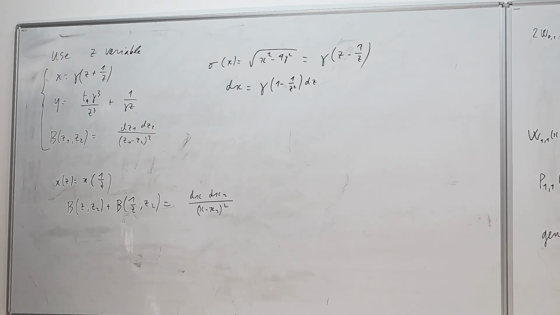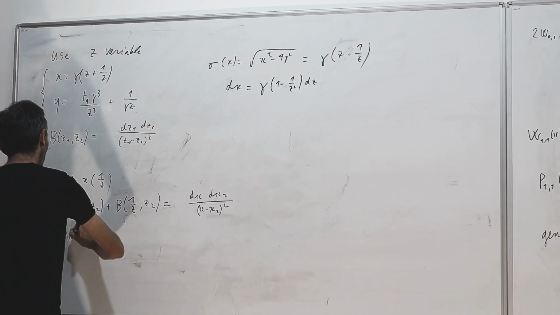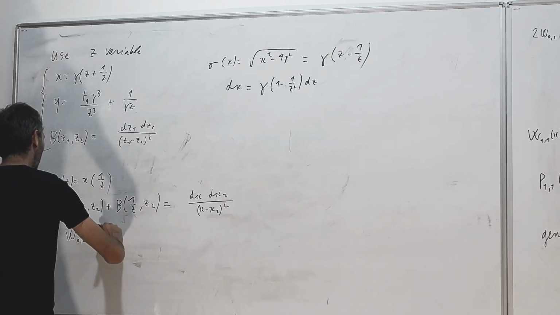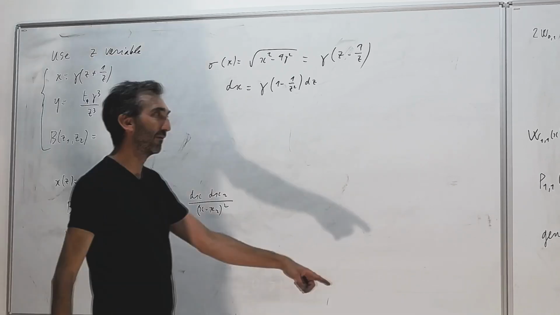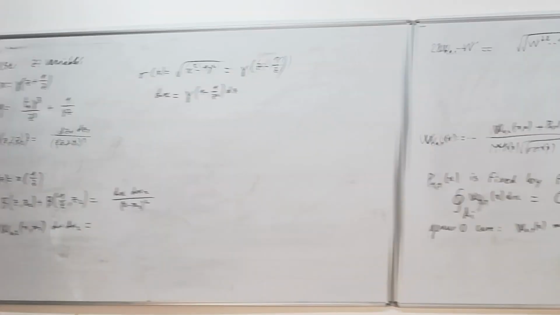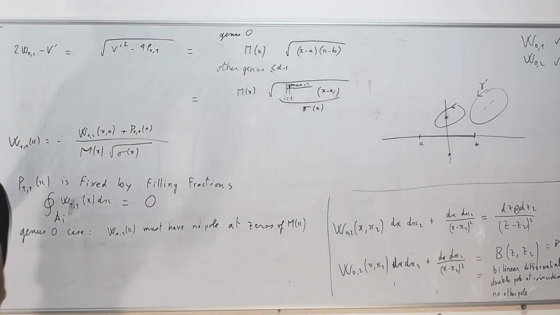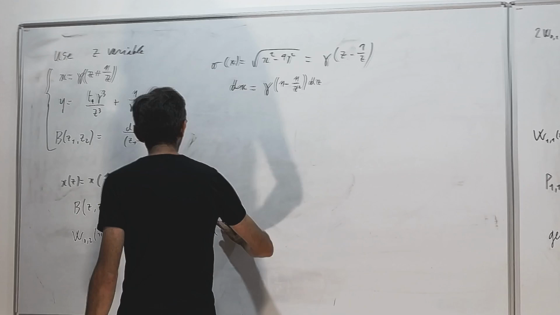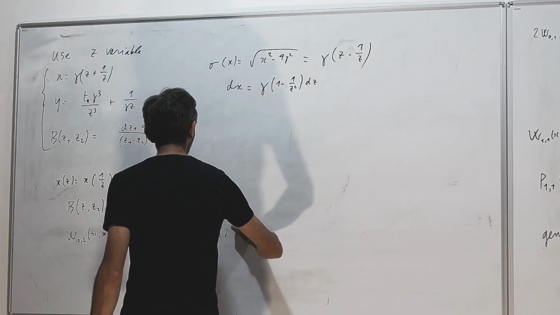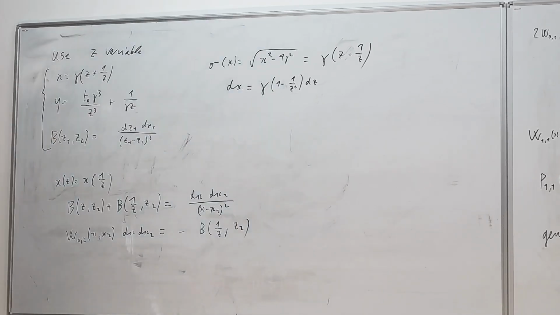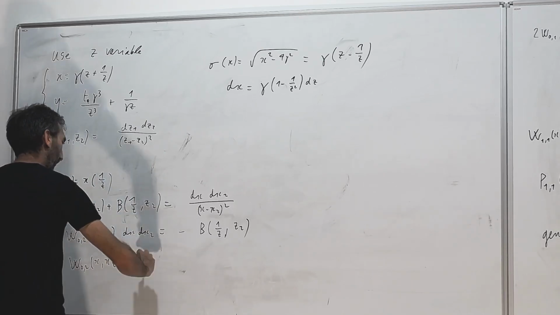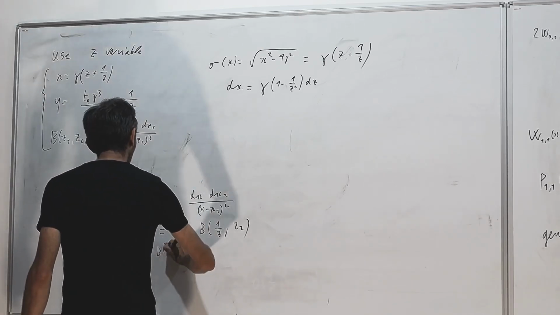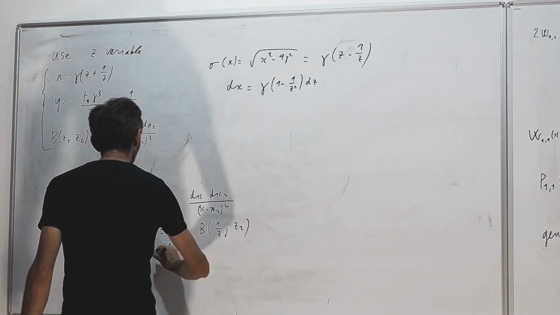In other words, W02 of x, x2 times dx dx2 was equal to this minus this. So it was equal to minus B of 1 over z on z2. Which also means that W02 of x, x2 was minus B of 1 over z on z2 divided by dx